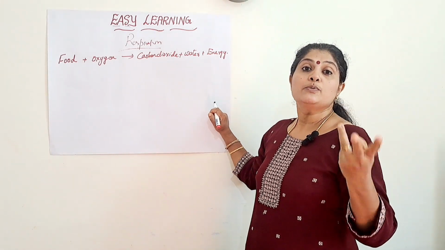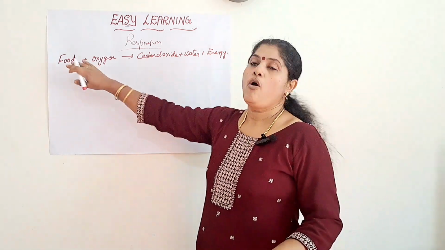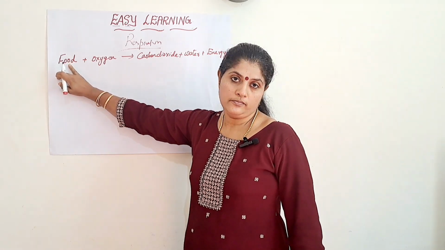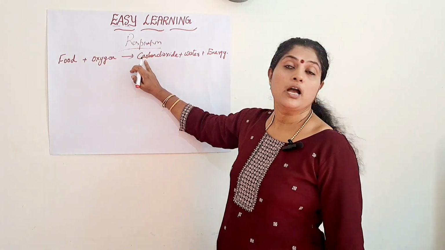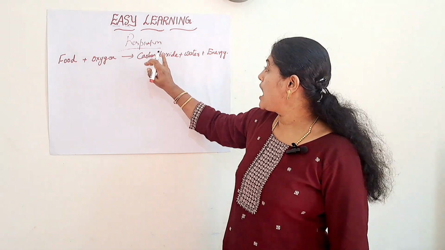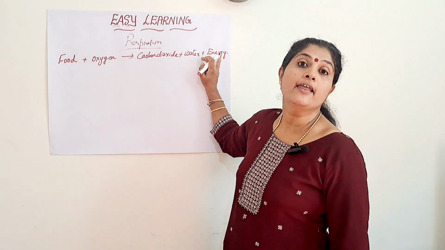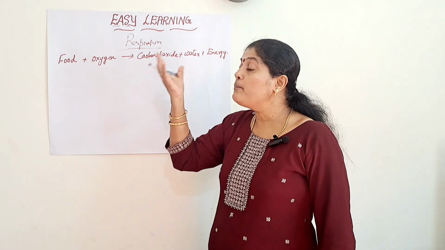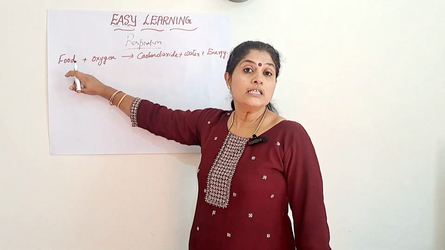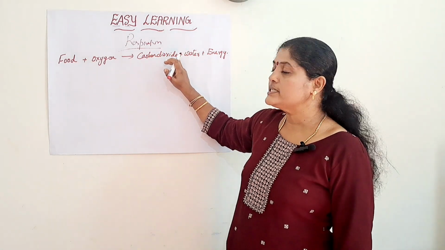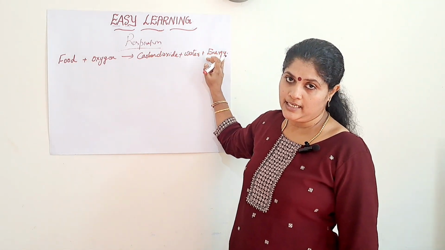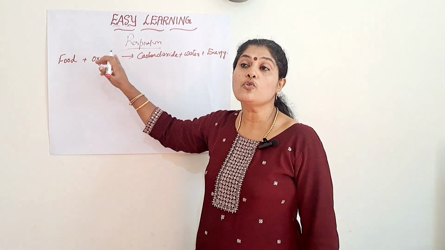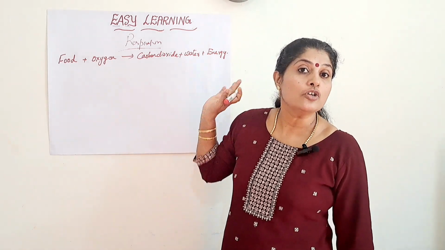We can tell that respiration means what? We are taking in oxygen, isn't it? Oxygen is taken for breaking the food. At the same time, during that process, what is released? Carbon dioxide, water and energy are released. Whereas in the case of photosynthesis, it is the preparation of food. The food is prepared by using what? Carbon dioxide, water and sunlight energy. And what is released in that process? Oxygen is released. So that is why it is told that respiration is just the opposite of photosynthesis.